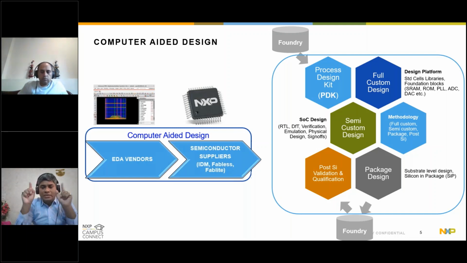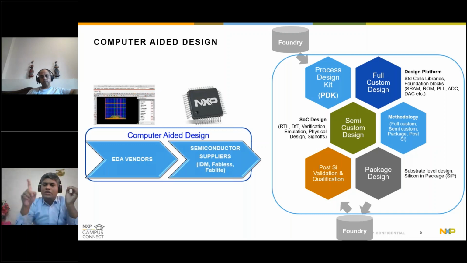Then once your chip is done, what we typically call a tape out, once we have taped the design out of CAD, it goes to mask preparation and fabrication. Before that happens, that wafer has to go into a package, right? Before it can be assembled in a motherboard, for example. Now that package design also happens in the CAD world itself. There are tools which help us to make a package design together with the semiconductor component. So that part is another discipline in itself. You cannot be a jack of all trades and master of none, right? So you have to focus where you want to invest your energies and skill development. And we will talk more about each block going forward.